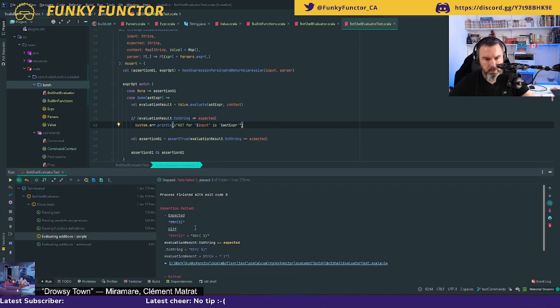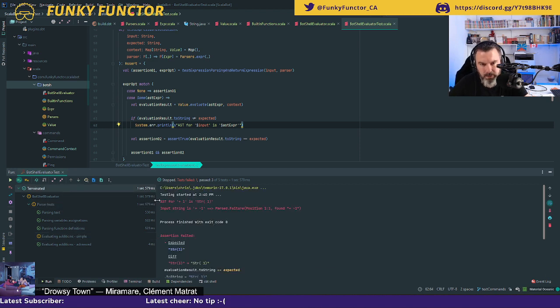Okay, so let's take a look at my tests. AST for +1 as a string is space +1, space 1.